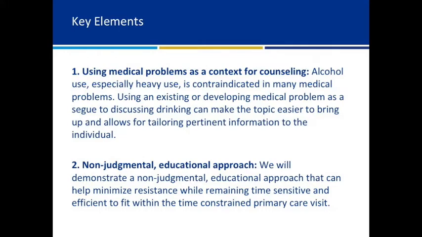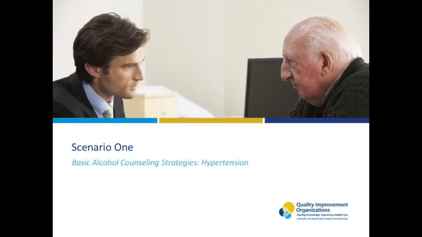Both start with the assumption that risky drinking already has been identified through clinical assessment or through a structured alcohol use screening, and both assume the patient has a condition that can be influenced by alcohol use. The first scenario focuses on hypertension, while the second scenario focuses on medications for sleep, two common primary care scenarios. Other common medical problems are heart problems, automobile or other accidental injury, and mental health problems such as depression. We will begin the first role play now.